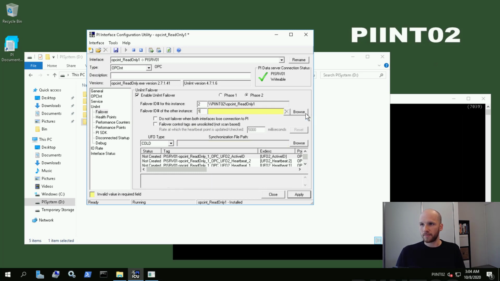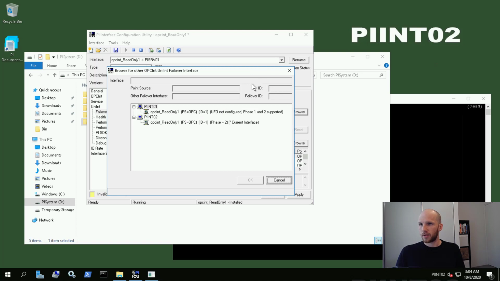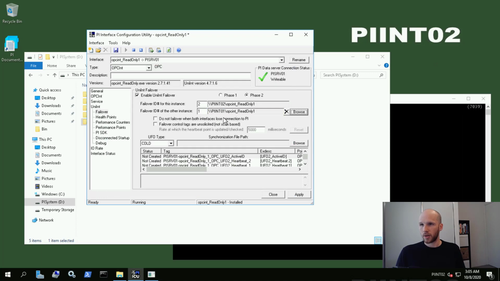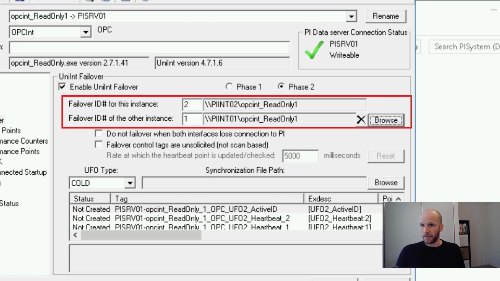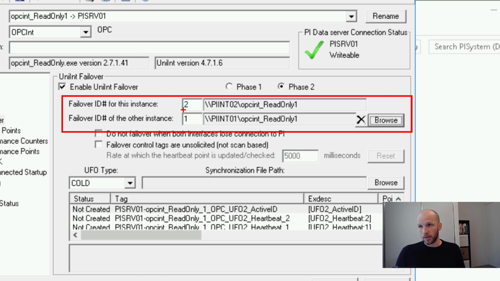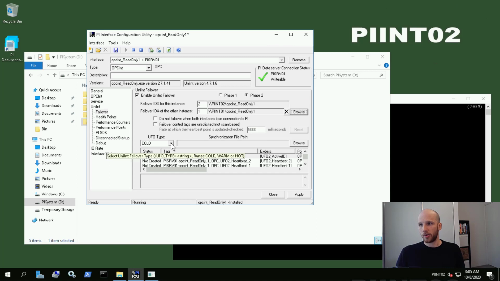And we can browse for that. And we see that we've got 2 interfaces it's recognized that are running. I'm going to choose the one on Pi801. Okay. So very important. This is really the only difference in the configuration of these two. I'm on Pi802 here, so I give the ID for this interface as 2, and it's addressed to Pi802. The ID of the other interface is 1, and it's Pi801. The failover type is going to be hot,